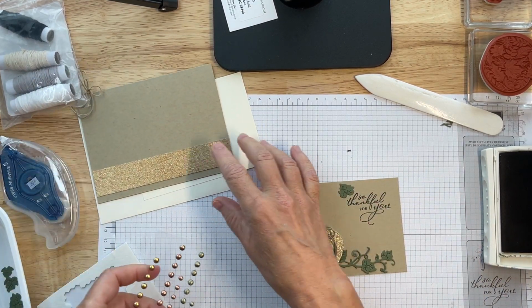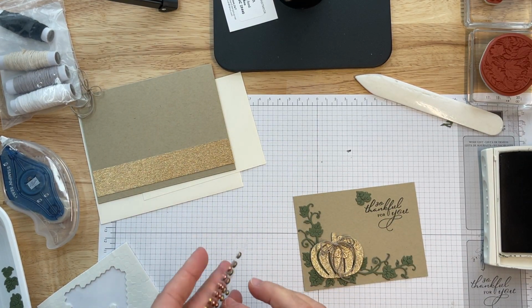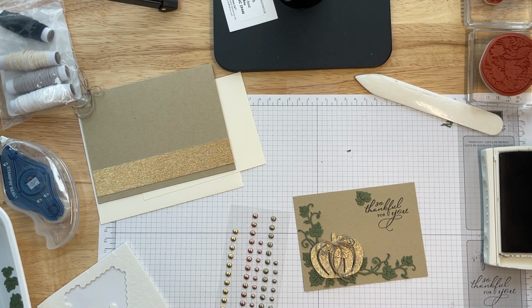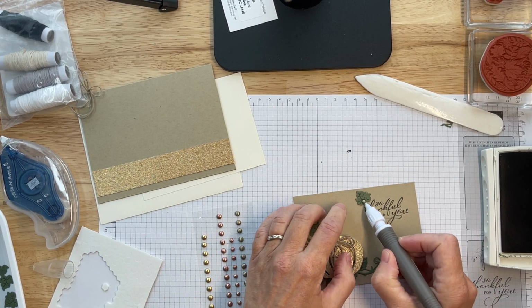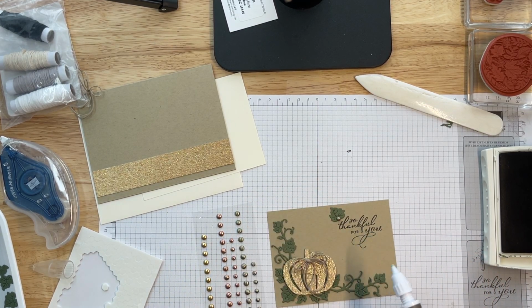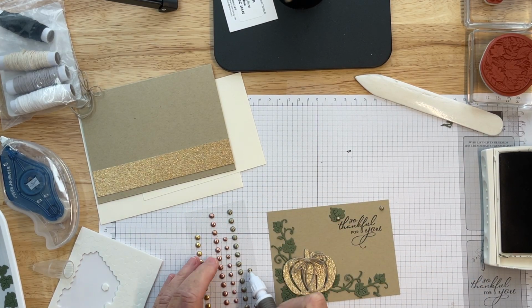Then I've got my metallic dots, and I'm gonna use the greener looking dot. And my Take Your Pick tool with the putty end. If you don't have one of these, they are pretty cool. And I'm gonna add a metallic dot to my leaf. And then I'm just going to place a few more